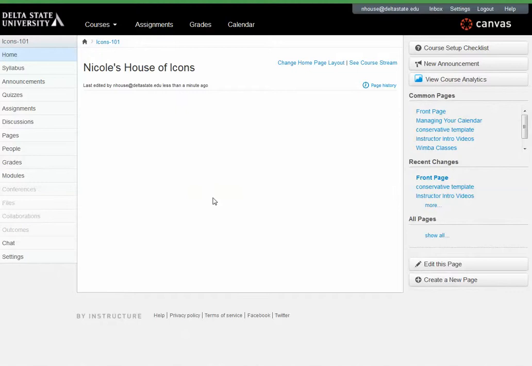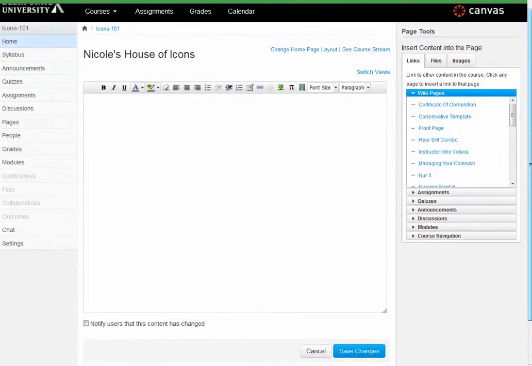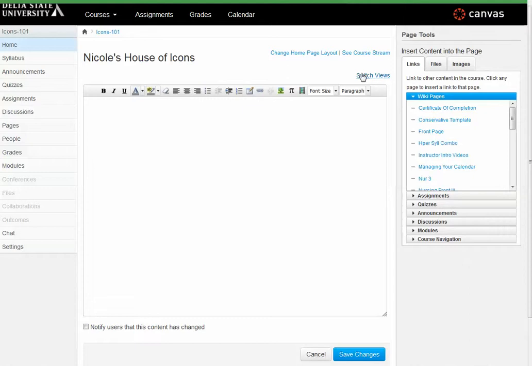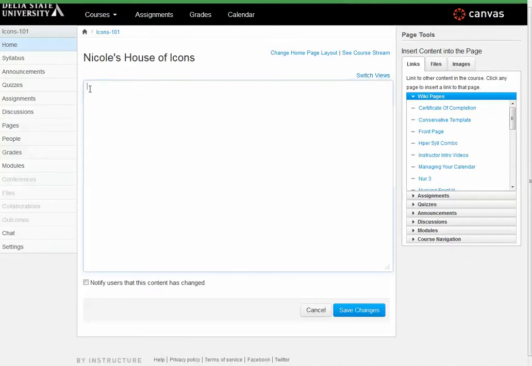When you come into your course, on the right-hand side, you'll notice an option for Edit This Page. So make sure you're on your home page, and then click on Edit This Page. In the center of that page, you'll see your Rich Content Editor. OIT will switch views and paste the code for the template into your course